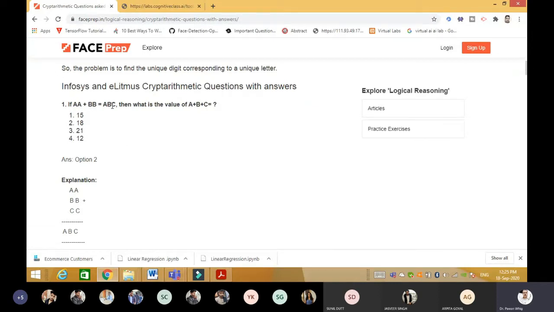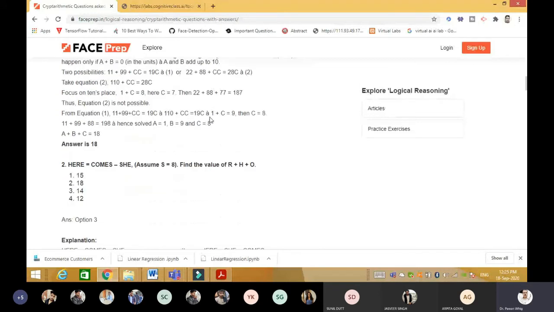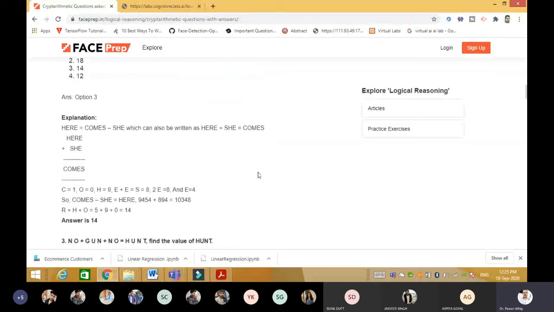Like A plus BB is equal to ABC, then what is the value of A plus B plus C? These kinds of questions may be asked several times in your exams also. Like here, the equation comes to minus C, then what is the value of R plus H plus O? So the link